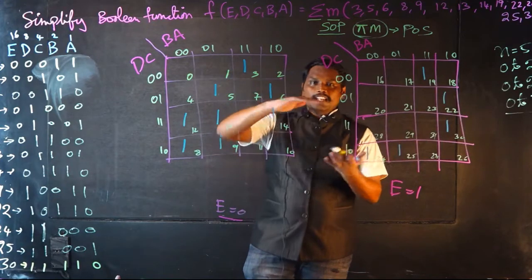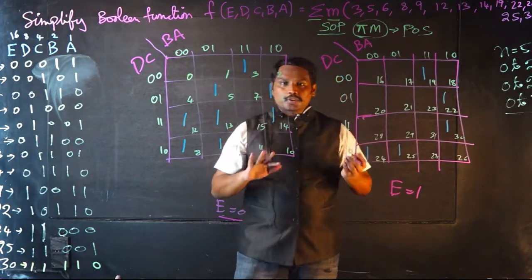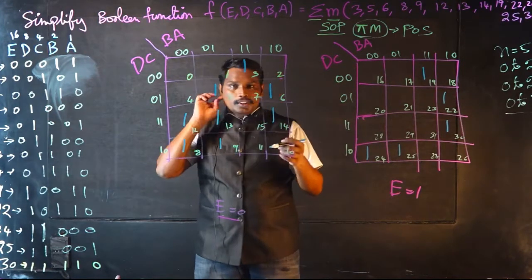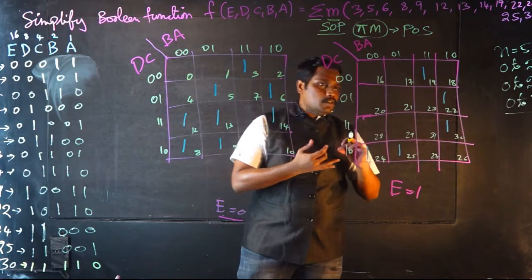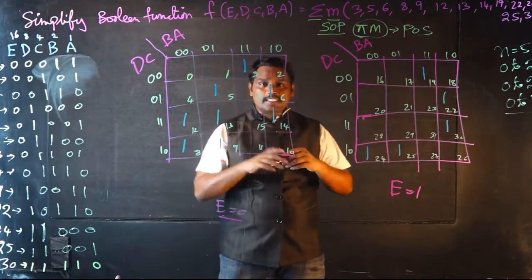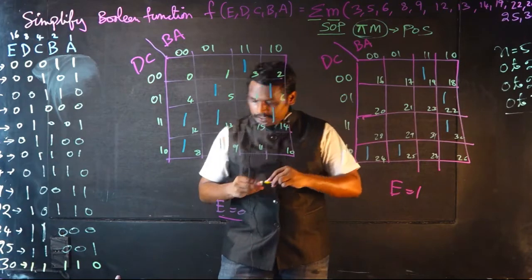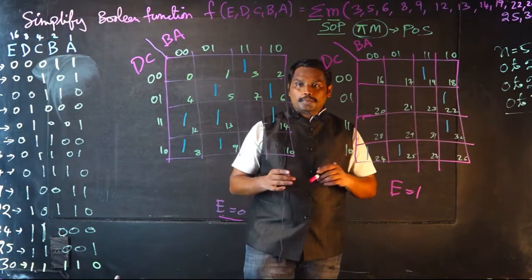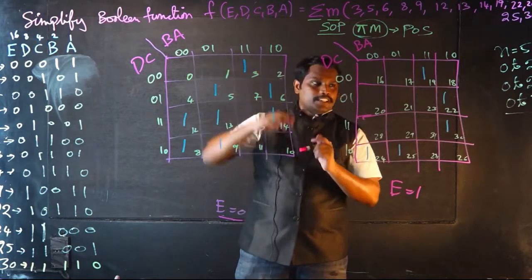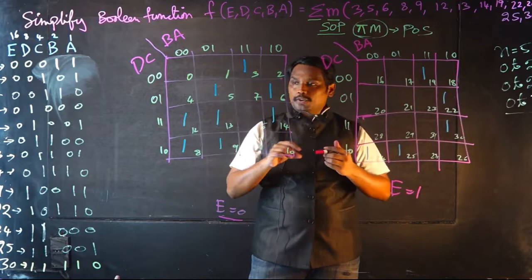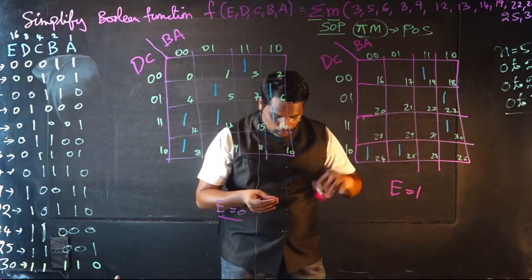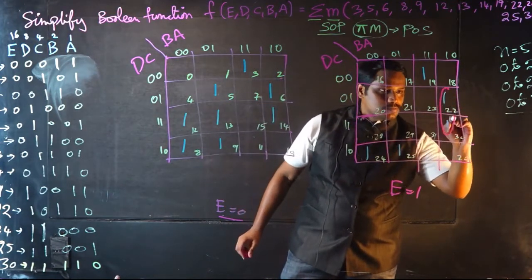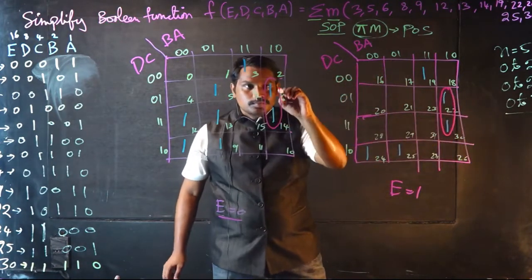Now you can see that these Karnaugh maps are like a mirror, right? Here we do the same grouping of adjacent ones into groups. You know the concept of octet, quad, pair, right? Now you can see that these positions can be made into a group. Since these two Karnaugh maps are the same, these four can form a group, so this one and this one are like a mirror.